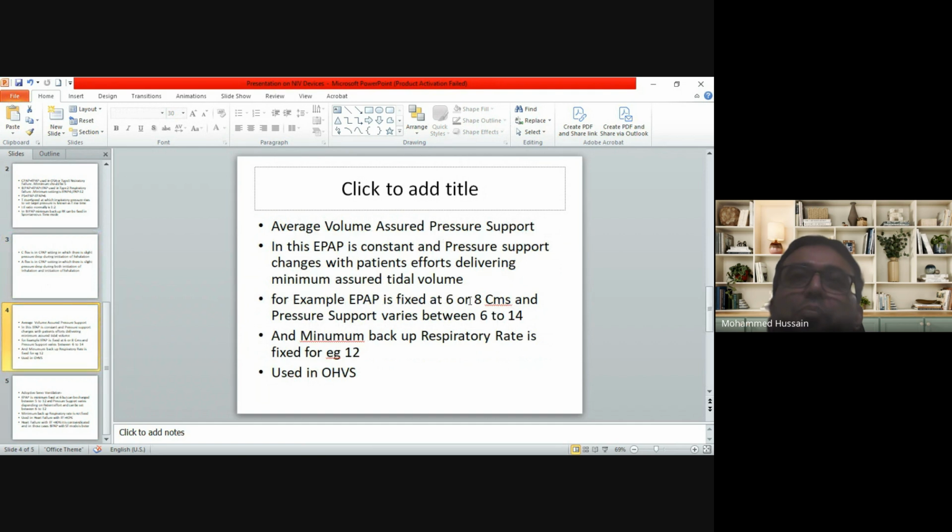ईपैप फिक्स रहता है 6 to 8, प्रेशर सपोर्ट वेरीज बिटवीन 6 to 14। सो क्या होता है, मिनिमम टाइडल वॉल्यूम डिलीवर होता है। वही बाईपैप पे दे दिए तो पेशेंट का टॉलरेंस नहीं रहता, पेशेंट वेंटिलेटर सिंक्रोनस नहीं होता, या पेशेंट के एफर्ट के हिसाब से वेरी करता है, तो बहुत कंफर्टेबल रहता है OHS वालों के स्पेशली।